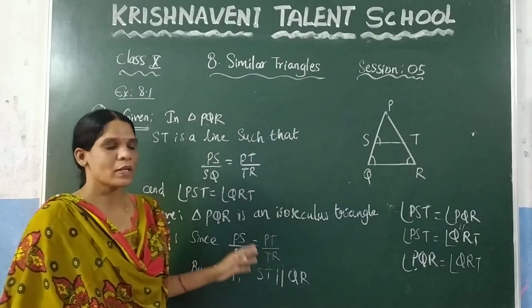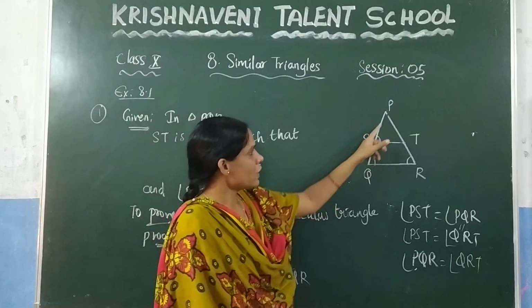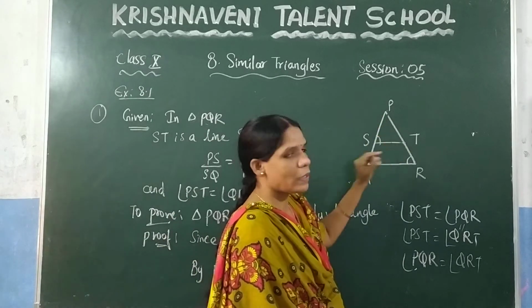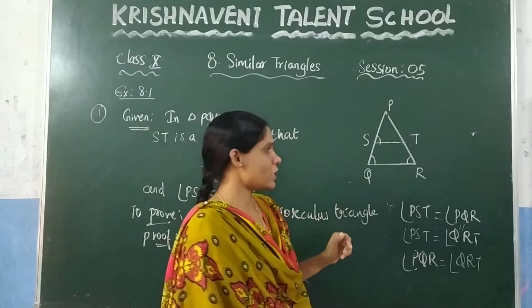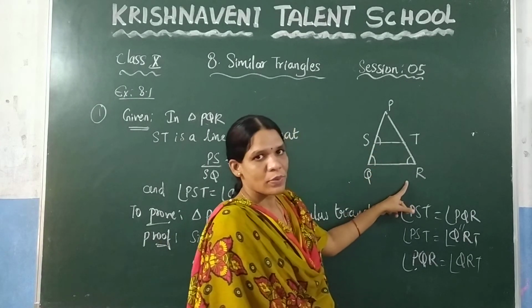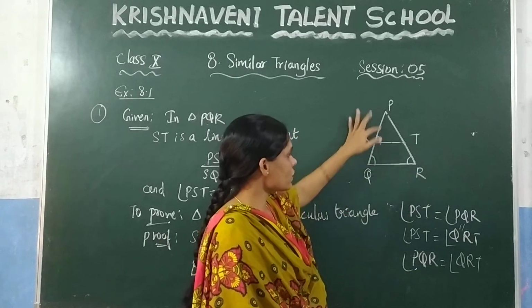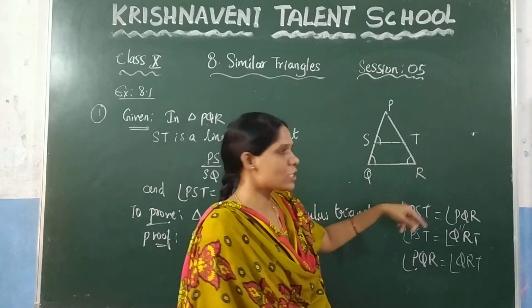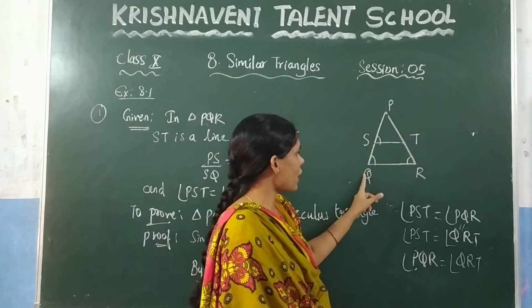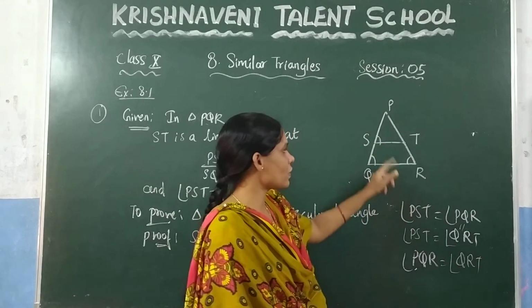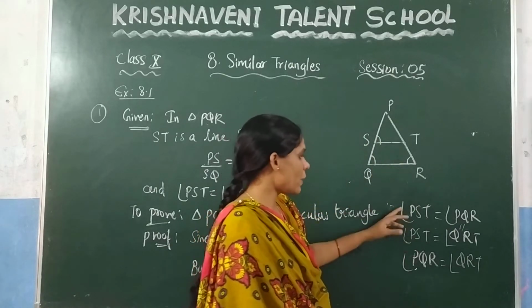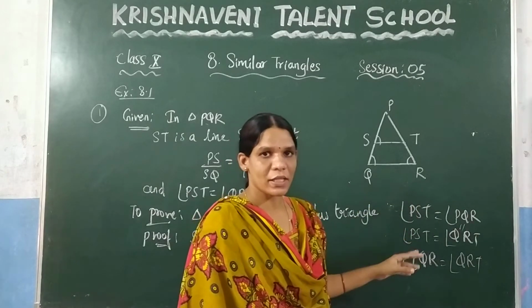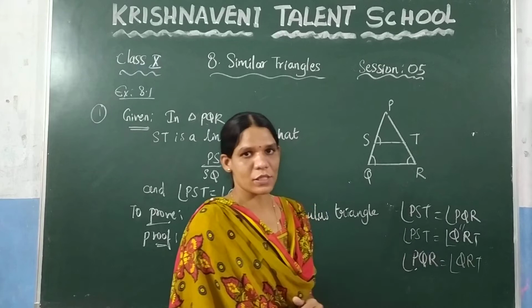Again I am saying this one. Here they have given that these two sides are divided in the same ratio. That means PS by SQ is equal to PT by TR. So by the converse of the Thales theorem, you can say ST is parallel to QR. If ST is parallel to QR, PQ is nothing but the transversal. And in a transversal the corresponding angles are equal. So we can say that angle PST is equal to angle PQR. And in the question they have given that these two angles are equal. So by comparing those two equations, we get these two angles are equal. So in a triangle, if two angles are equal, we call that an isosceles triangle.